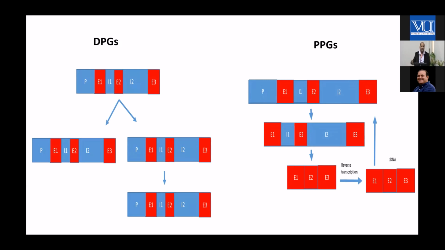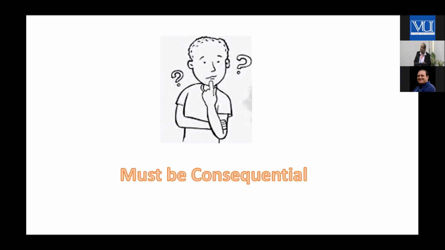even more strikingly true, because not only are they free of functional constraint, since they have an extra parental copy which is functional, but also they lose the promoter because of retrotransposition, and they lose the introns. So all the regulatory elements are gone. Of course, there will be no CGIs in them. So CGI loss here is a consequential event. Even without reading it anywhere, you can think about it in your mind. So it must be a consequential event.